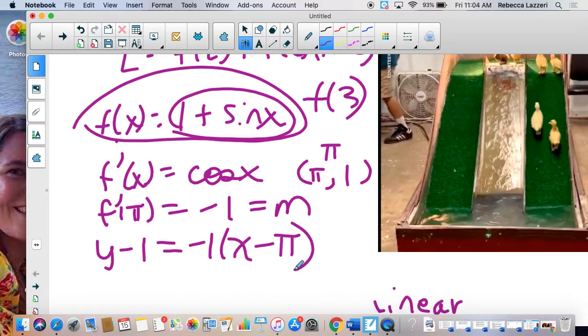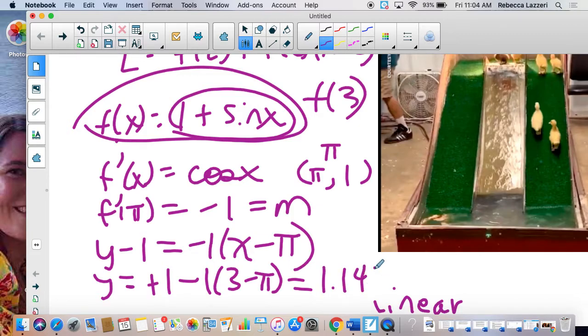And now I want to know f of 3. So what do you always do with f of 3? You plug it in for x. So I'm going to have y is equal to 1 minus 1 times 3 minus pi. You finally fill that in, which you'll do in a lot of different instances this year. And that gave us the number 1.14159. So please, girls, when you're doing linear approximation, just write the equation of the tangent line,